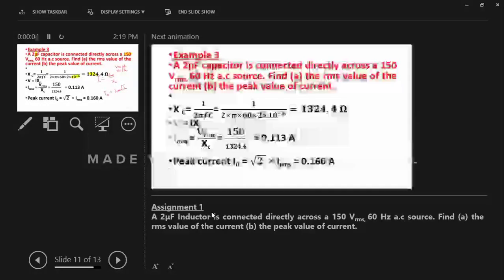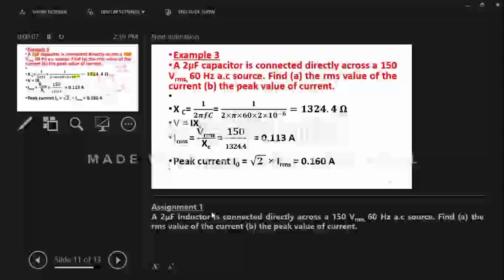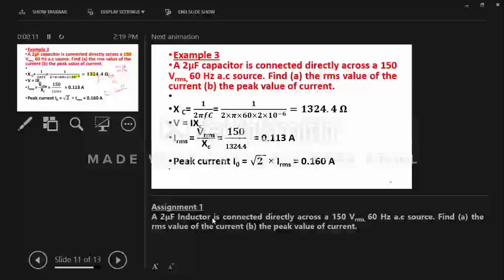I would like you to do this example, or should I call it an assignment. Look at it here. It's still the same as example 3, but in this case, this one is in